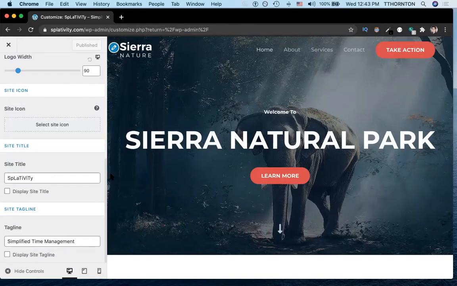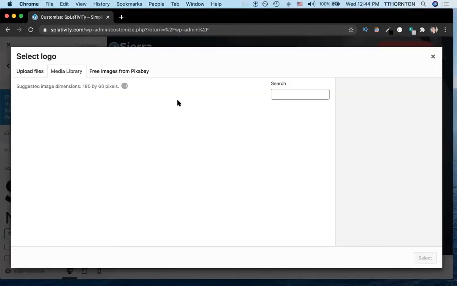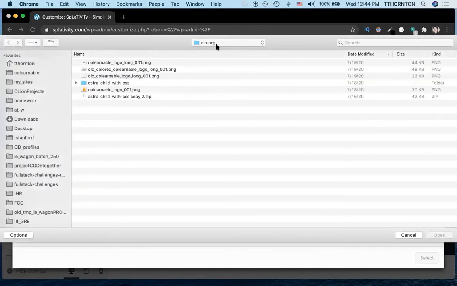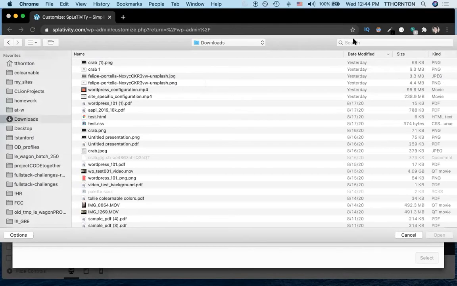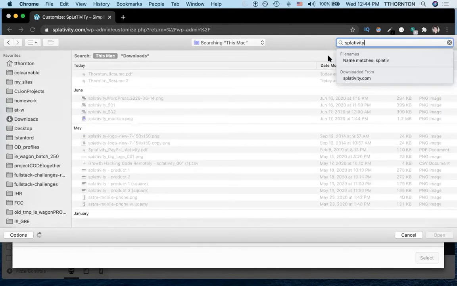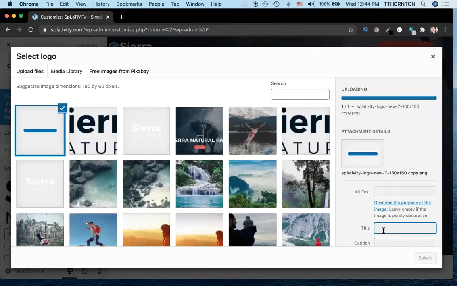Next, we're going to go ahead and add a logo. So in order to add a logo, we're going to go here, and then we will want to select an icon. So we'll go to Change Logo, and we'll go ahead and upload a file. So we should have, in our downloads, we should have Splativity logo. This one here. So we'll go ahead and upload that, and just as a best practice, we'll add a